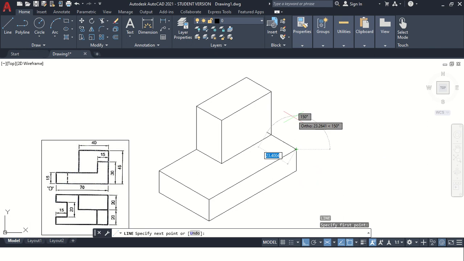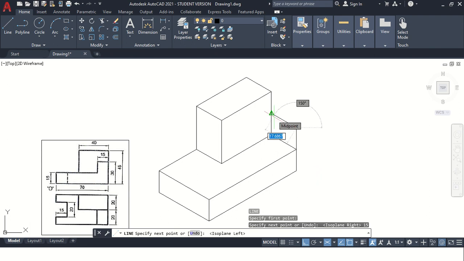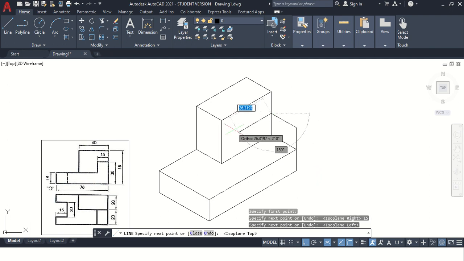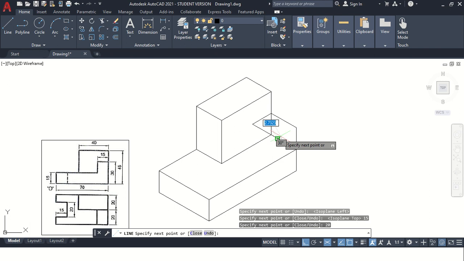From this point, change the plane F5, 15 millimeter, F5, take it on the other side, F5. You have to always press F5 for changing the plane, 20 millimeter, and then click it.